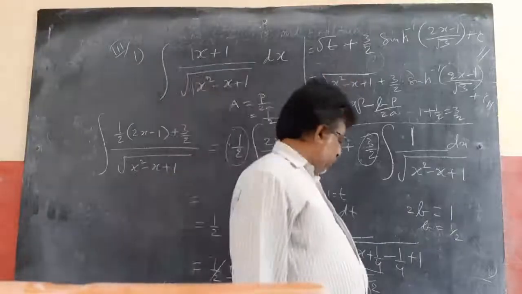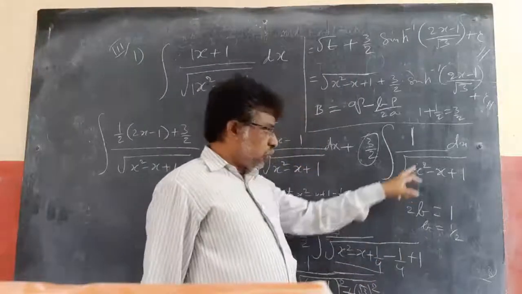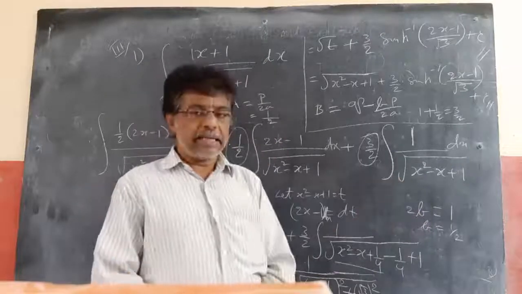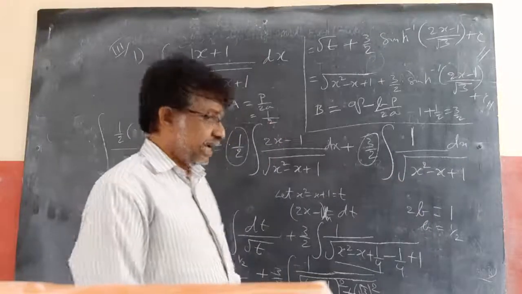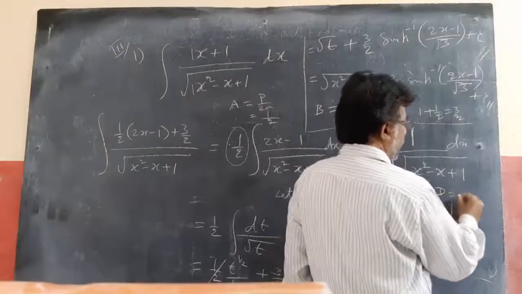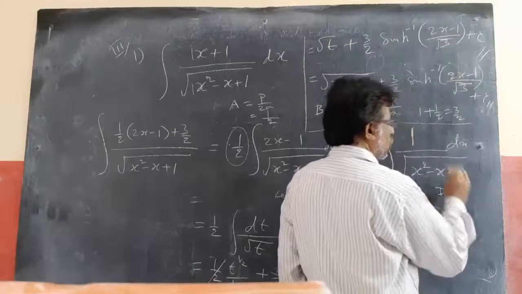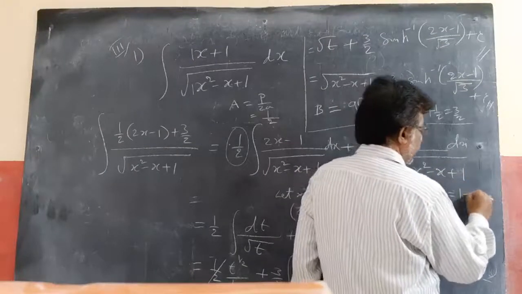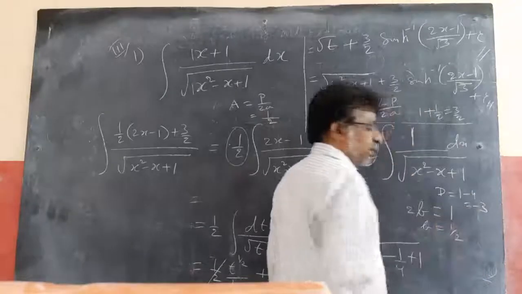Plus, coming to this part. Those who do not understand the completing square method, I am giving a shortcut method again. Find the discriminant, b square minus 4ac. What is the discriminant? b square minus 4ac. How much will you get? You will get 1 minus 4 into minus 3 into minus 3.